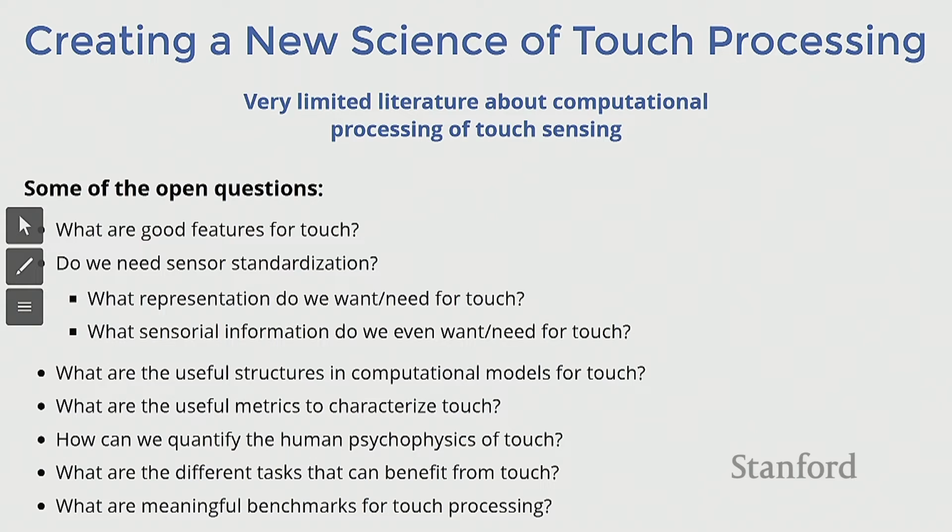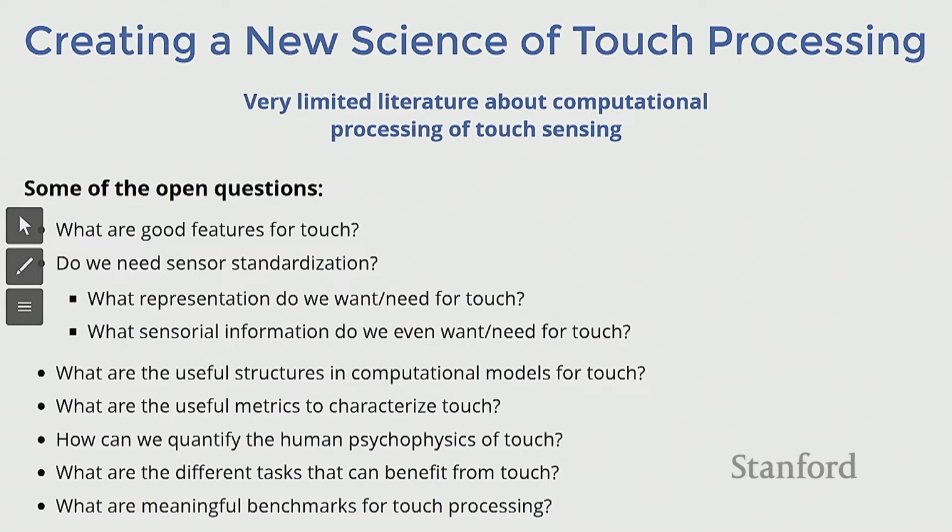In vision, we know of the 2D structures that we have in an image. In audio, we know of the temporal structures that we have in audio and sentences. But touch is more than this, because it incorporates structural information, where we have a 3D world which is mapped through a 2D manifold that we are sensing. We have a temporal structure where vibrations and slippage are heavily influenced over time. And we also have multimodality, because our skin is actually made of many different senses that we are integrating.